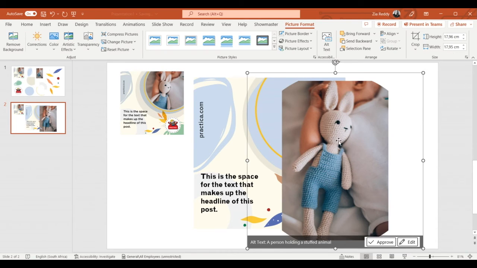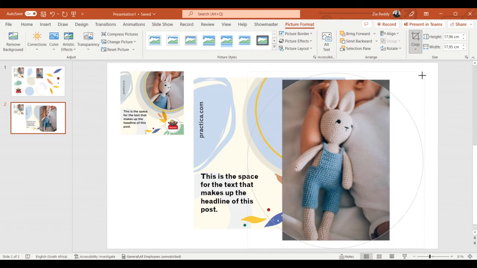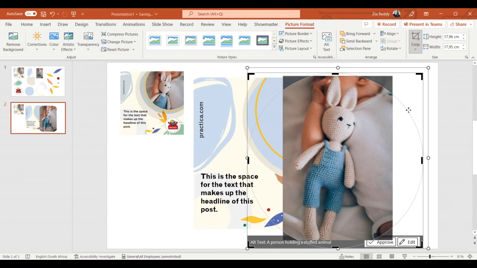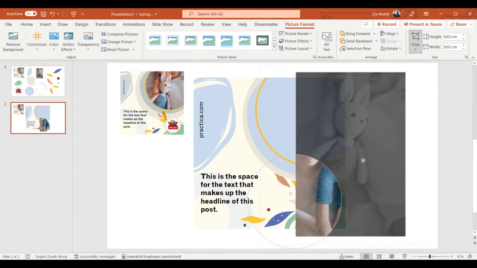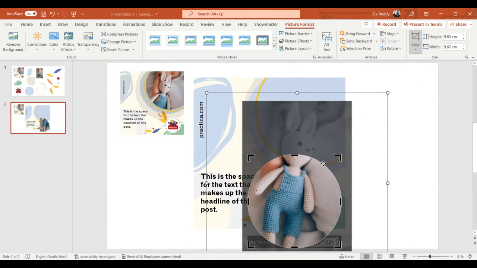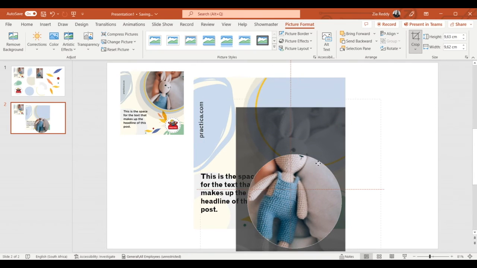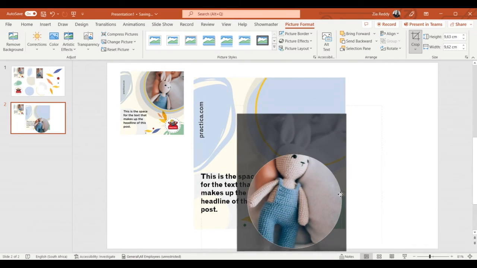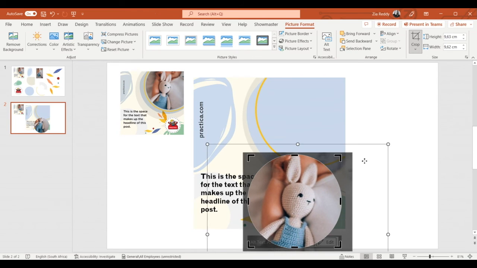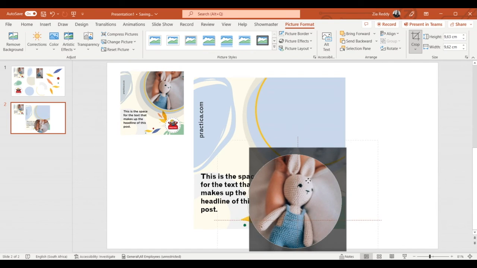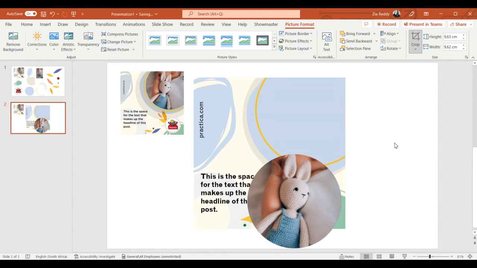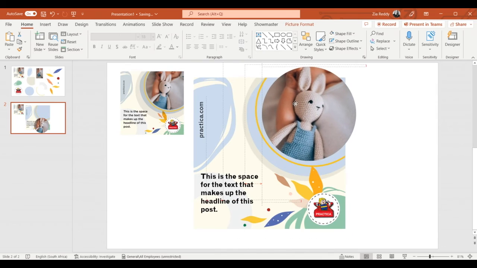Now, as you can see, we're looking at cropping it into a circle, but now we want to resize the cropped area. You click on Crop, make sure that the crop area is selected, hold Shift again to resize it in the correct ratio, and move your image into, so this is called a mask. The cropped area has now created a mask on top of your image, and you can move the image within this mask as you see fit. When you're ready, you just click on crop again, and you see it fits into our space as a circle